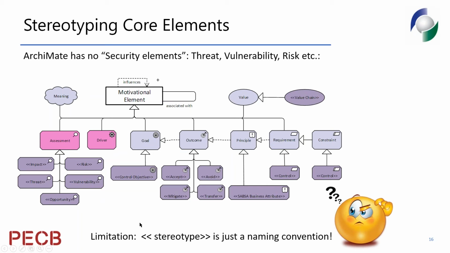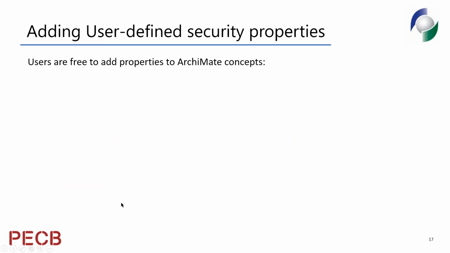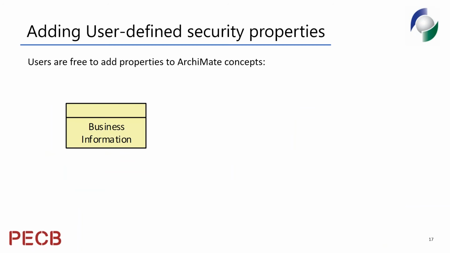But again, in real ArchiMate models, the stereotype is just a naming convention. The underlying tools don't pay any particular attention to it. They're just names that happen to have angle brackets, and they don't do much more than that. In terms of properties, we talked a little bit about, say, the business information that will be in an